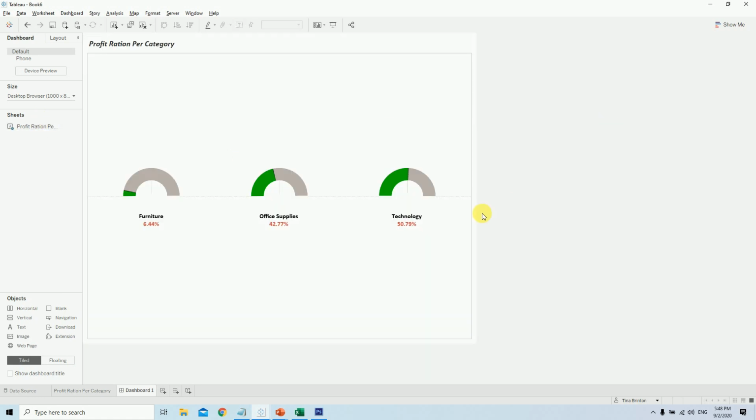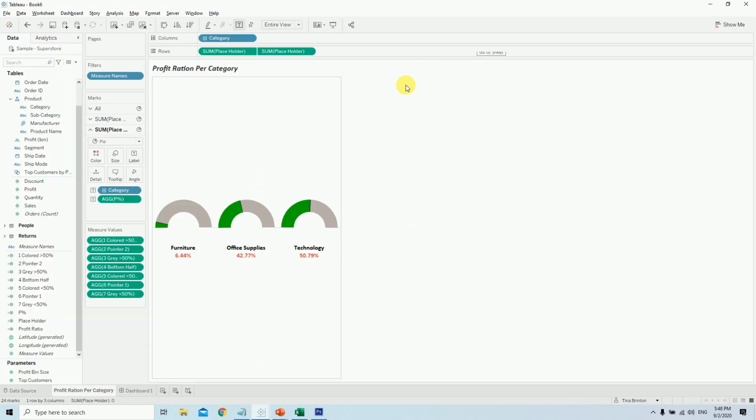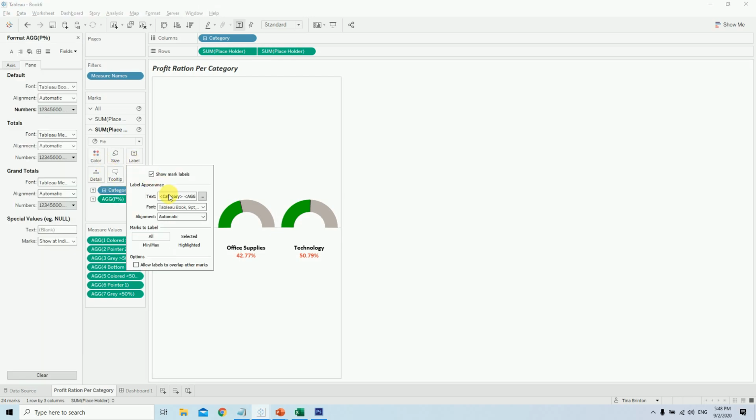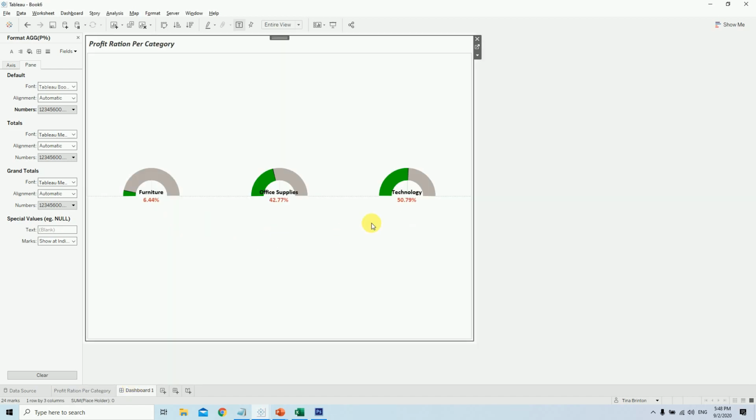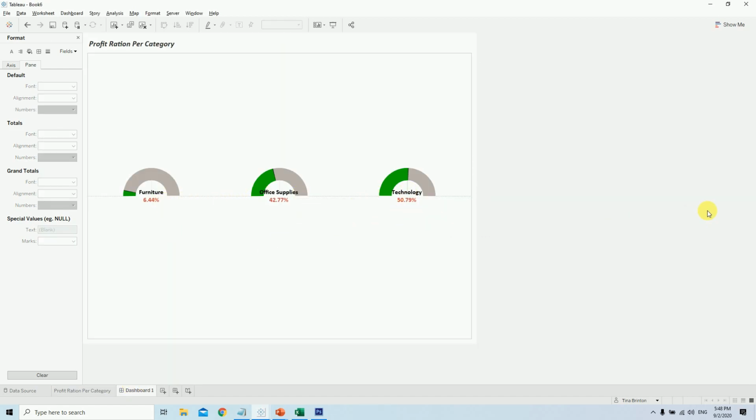So if you want to set a specific value on top of it, just go to the sheet again, do one thing, come here and say format, under here, under the automatic, say middle values, and that's all. Now you have the value in the middle, and you can arrange accordingly how you want to see. It's up to you. You will play with the things and the features, the adjustment of the style. You will be able to manage it as per your need.